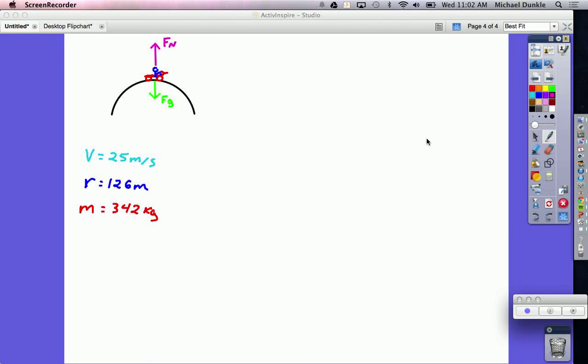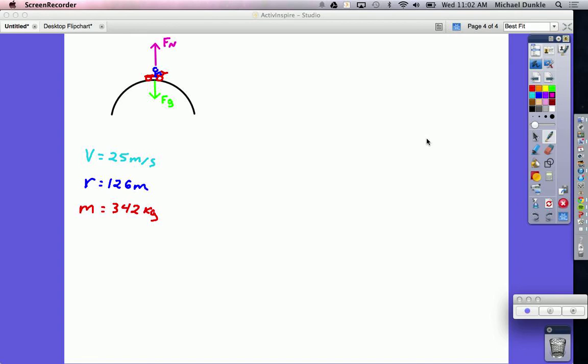This is the 9th problem on the Gravity and Uniform Circular Motion review paper. In this problem, a motorcycle has a constant speed of 25 meters per second as it passes over the top of a hill whose radius of curvature is 126 meters. The mass of the motorcycle and driver is 342 kilograms. We're going to find the magnitude of the centripetal force acting on the motorcycle as well as the normal force